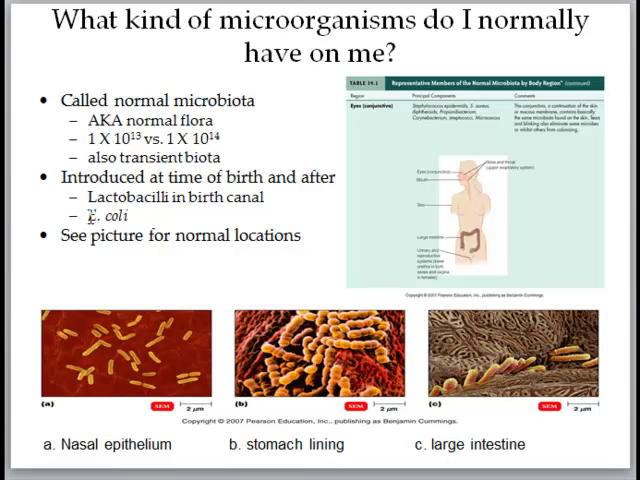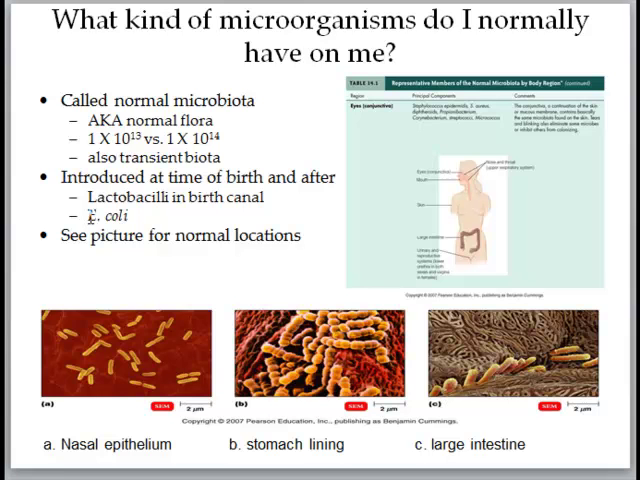E. coli can also change locations. And when it changes from the normal place where it's supposed to be and goes to a different region, that is when it will cause a disease. For example, E. coli is usually present in the large intestine, and they contain large numbers of this in the